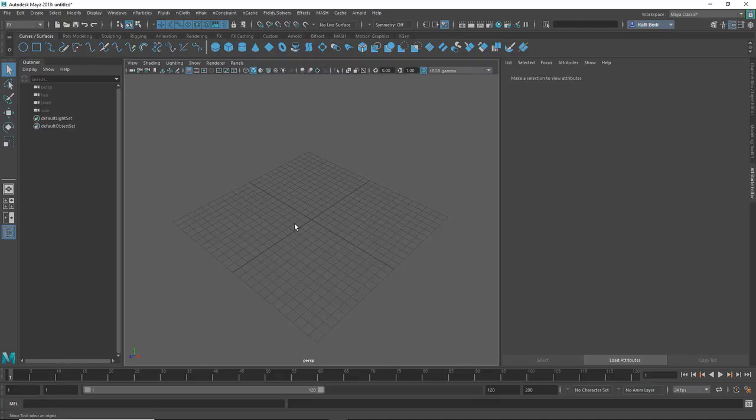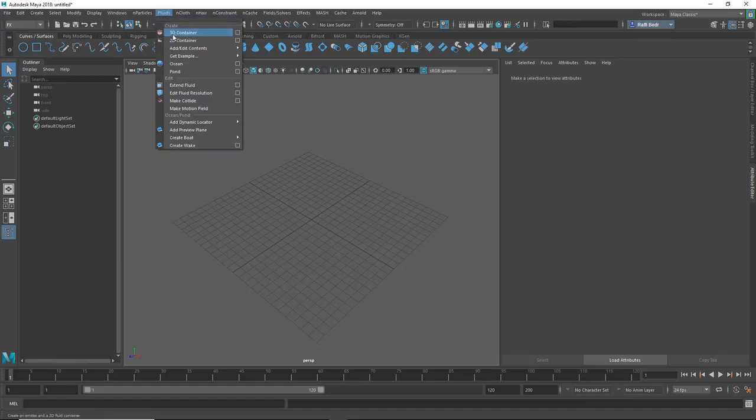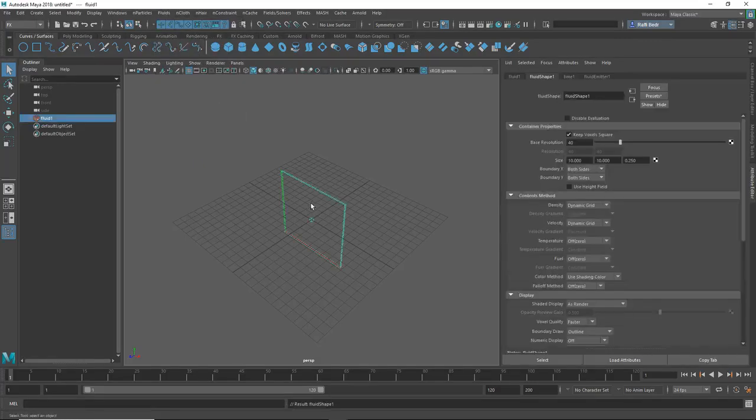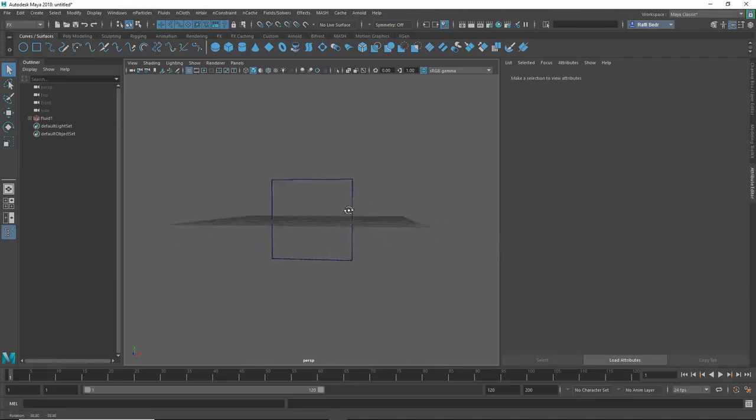In this lesson, we'll take a look at 2D container fluid. So let's first go to the FX tab, or make sure you are in the FX tab, and let's go to fluids. And here you will notice we have 3D container and 2D container. We are going to look first at the 2D container because it's faster to simulate. So if I click on that, you'll notice I created a square in the viewport,